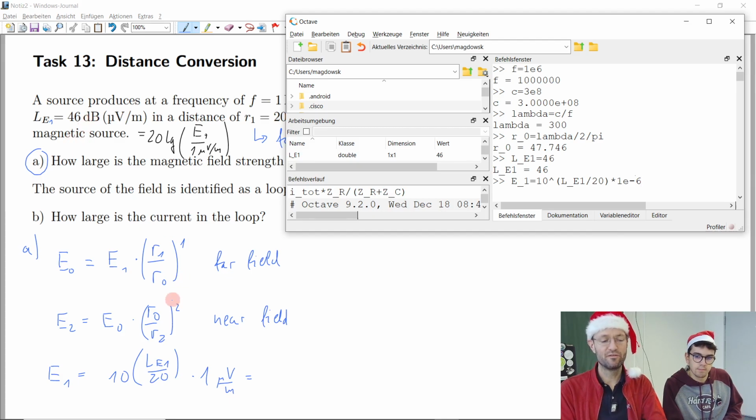No. If you have 10 to the power of 6, that's 1 million, but 6 dB does not mean a power of 6, because we multiply with 20. The decadic logarithm of 1 million is 6, but it's 2. So 6 dB means a factor of 2. 40 dB means a factor of